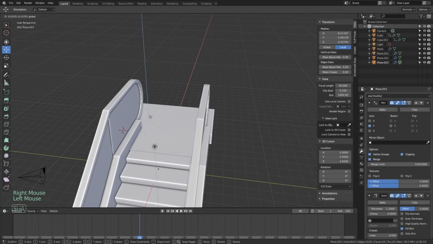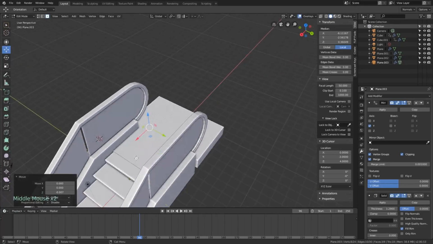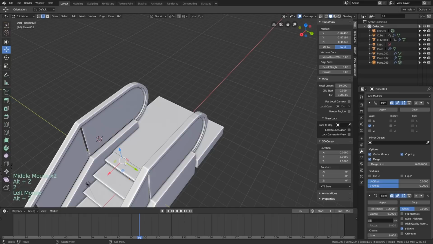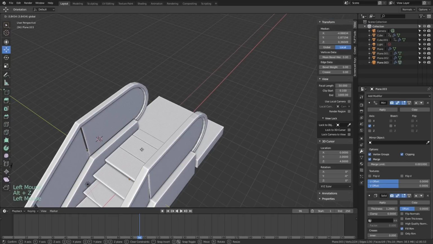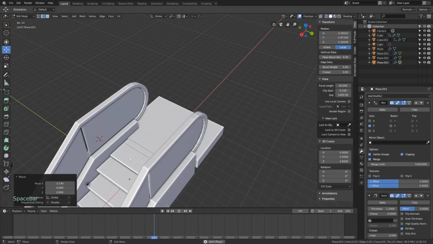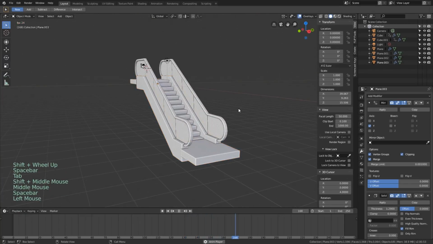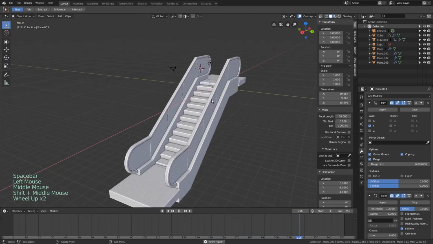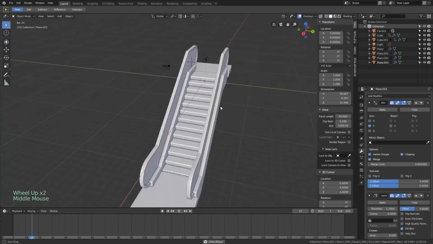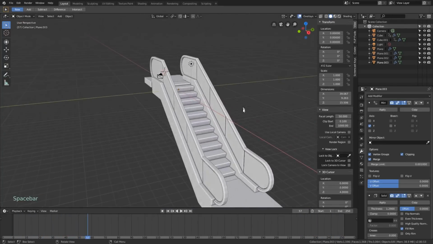And that's looking good. If you wanted to reveal some more of those steps, maybe we'll bring this back a little bit. Something like that. Can you go all the way? No, probably right here is good, so we can't see it. So now with this whole thing together, I think we have ourselves an escalator.